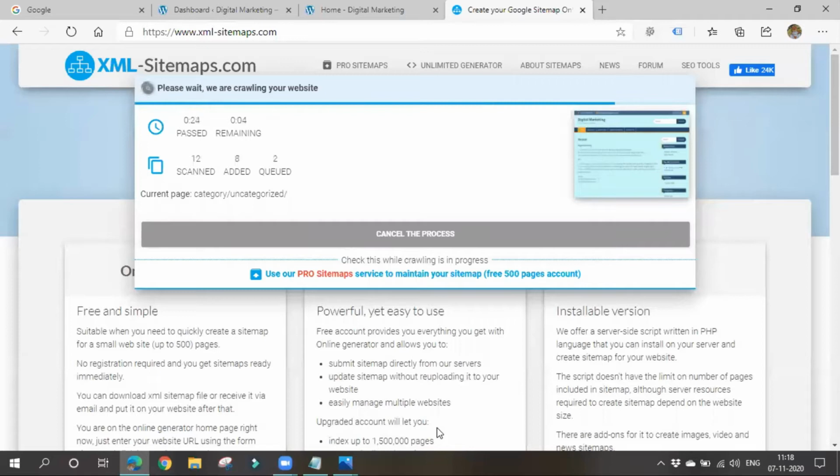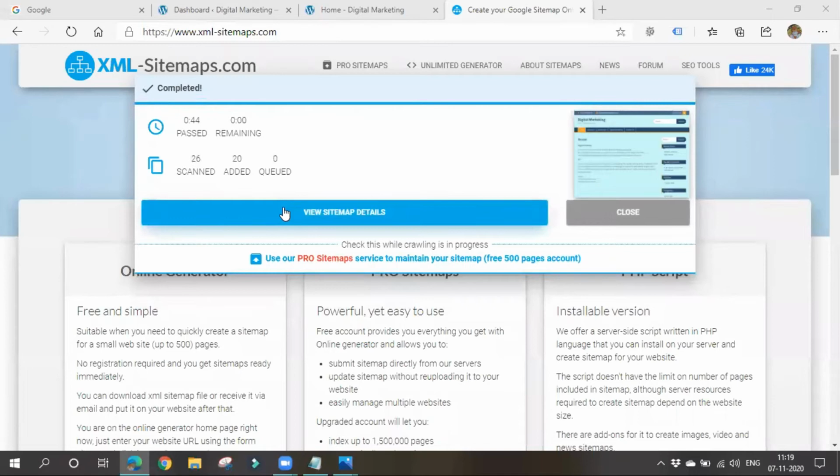Let's wait for a minute. Right, so you can also see the sitemap details.